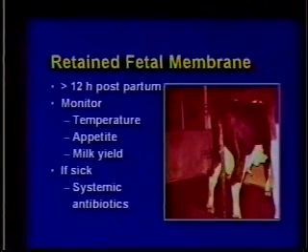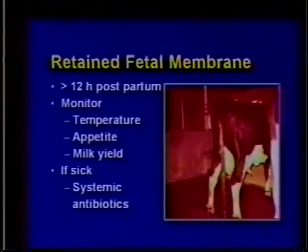Retention of the membranes is associated with early delivery. A cow having twins that delivers 10 days, 2 weeks early, often will have retained placenta, or after a dystocia. Or it can have nutritional components, say selenium deficiency, vitamin A deficiency, all are reasons leading sometimes to retention of the placenta. It's not a life-threatening thing as it is in mares,